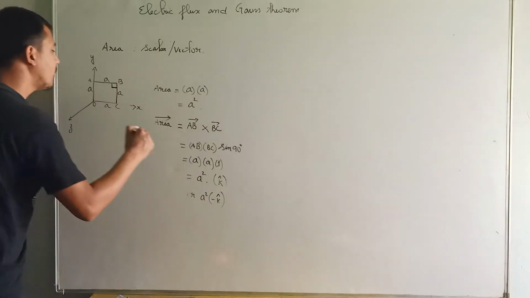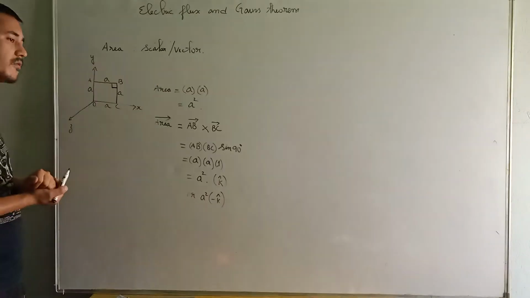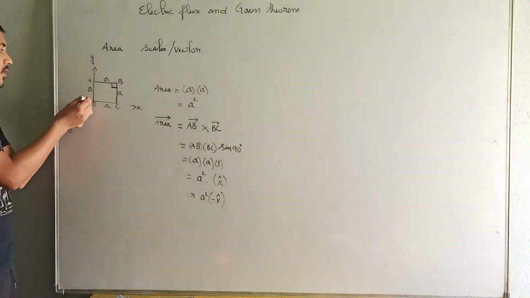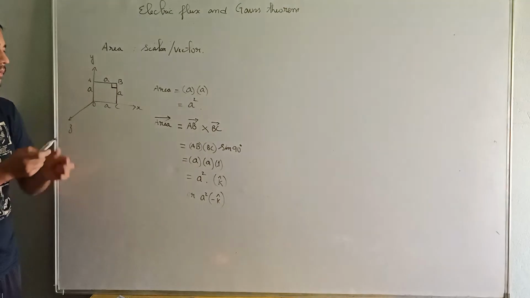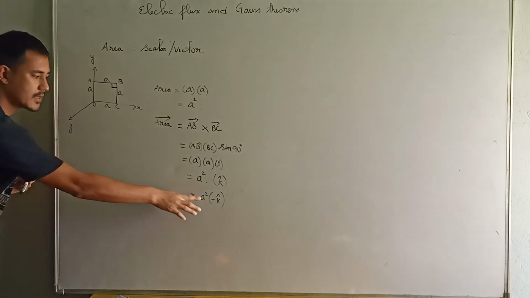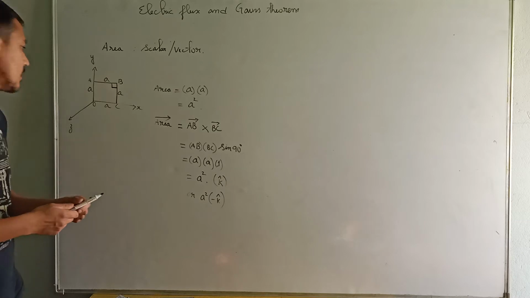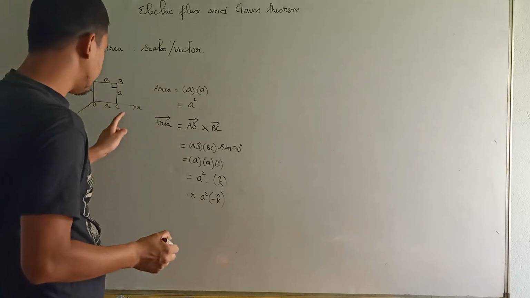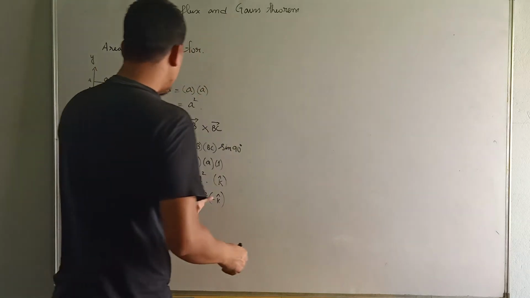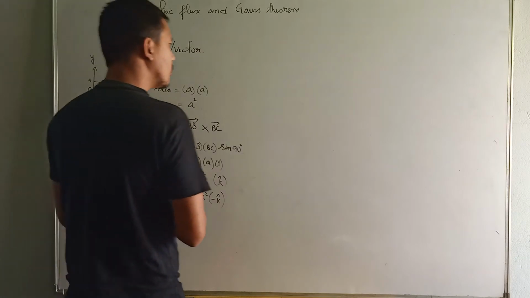We know that unit vector k cap represents the direction of the z-axis. So k cap is equal to the positive z-axis, and minus k cap is equal to the negative z-axis. Are you getting that? Now, why k cap or minus k cap? Why? Because